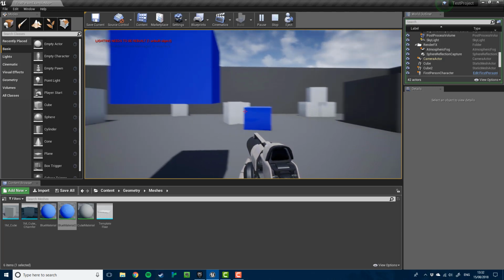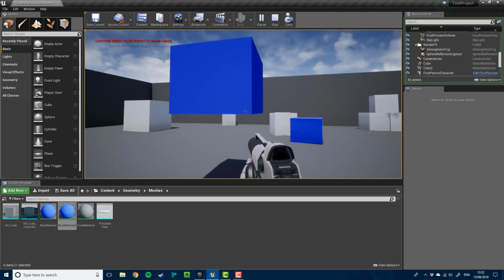So, there you have it. From this lesson, you'll have learned how to navigate within the viewport, place objects, change their scale, position, and rotation. We have also learned how to create and assign basic colour materials to our game